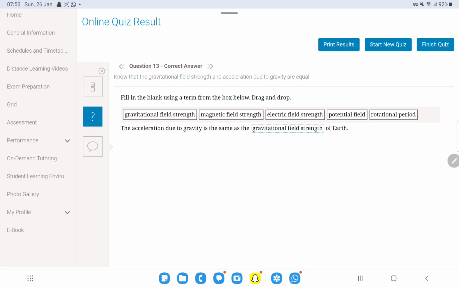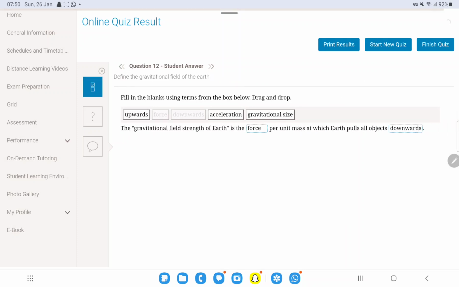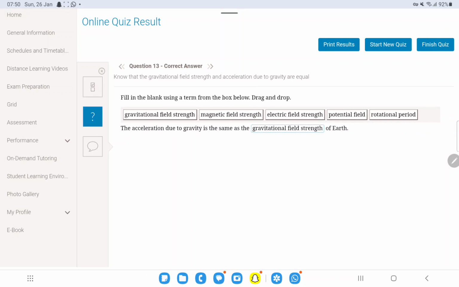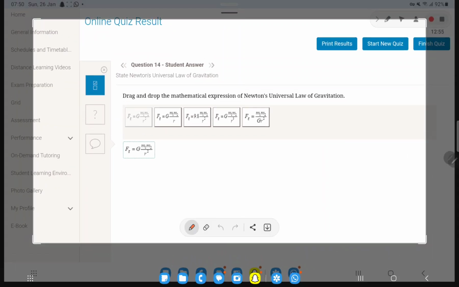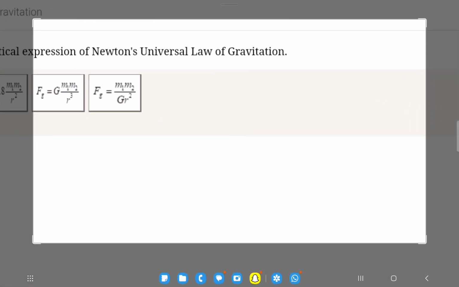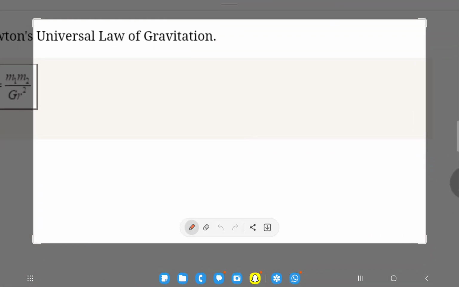We saw from the previous question that the gravitational field strength is the force per unit mass at which the Earth pulls all objects downward, and acceleration due to gravity is the same thing. So drag and drop the mathematical expression of Newton's universal law of gravitation. Newton's law of gravitation says that